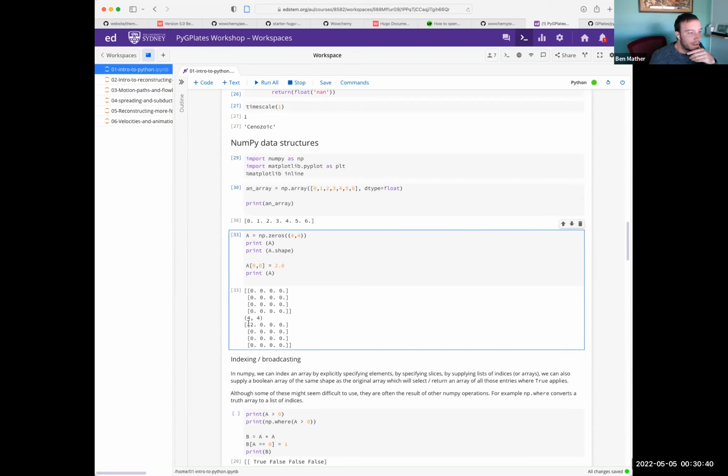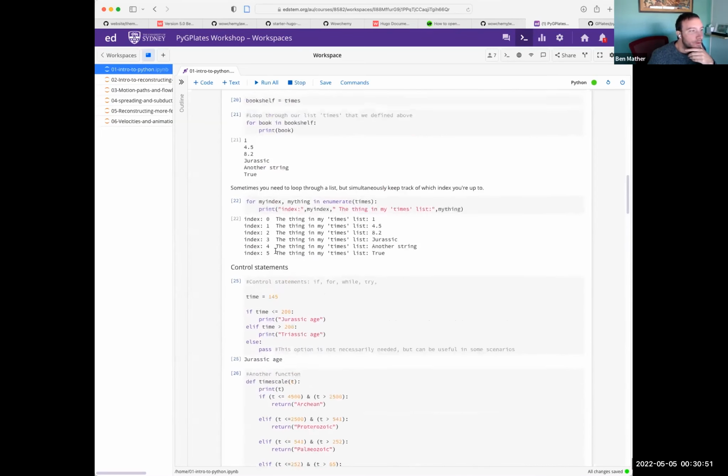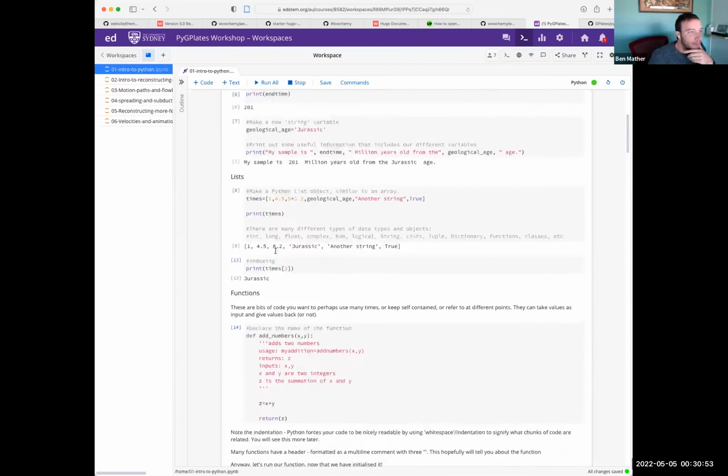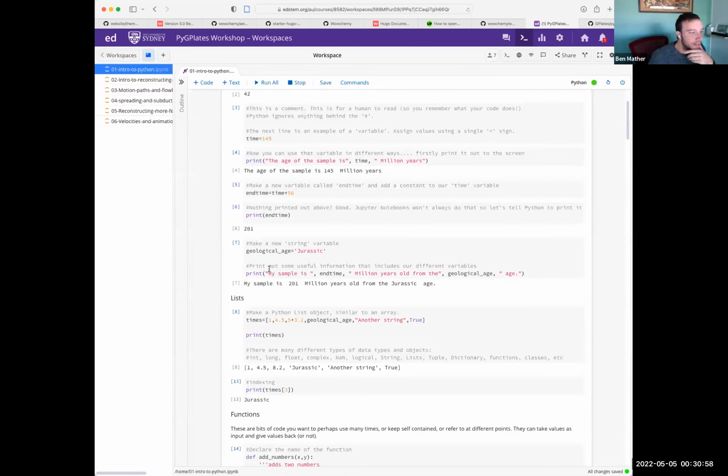We can print out the shape of A, and yep, no surprises here, it's 4x4. And we can also apply indexing to A as well. Yeah, so remember before we had our indexing where we wanted the first